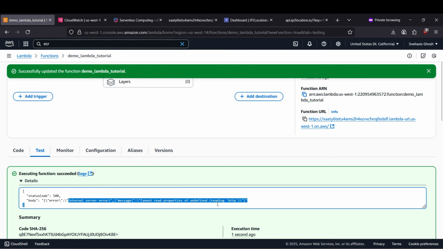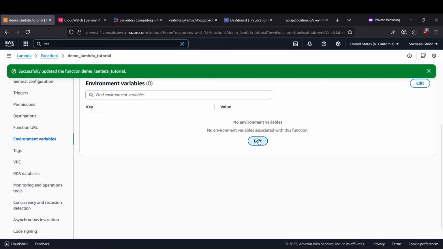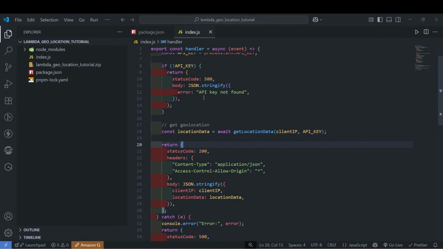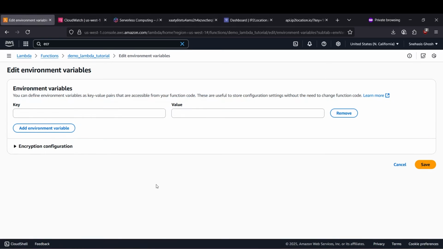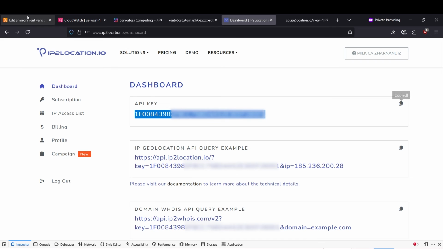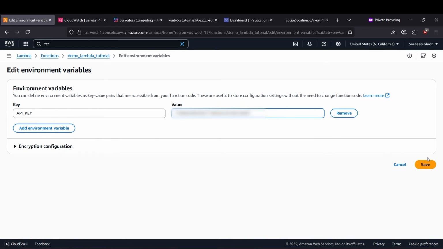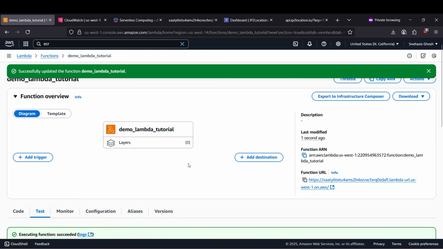Now we are getting the error, internal server error, because we have not yet added our API key. So we can do that inside our configuration, environment variables. Just create a new variable. We name the variable API underscore key, so we'll be using that API_KEY. And from here, we'll copy our API key and paste it here. Save it. It will update the function. And now if we try to call this,